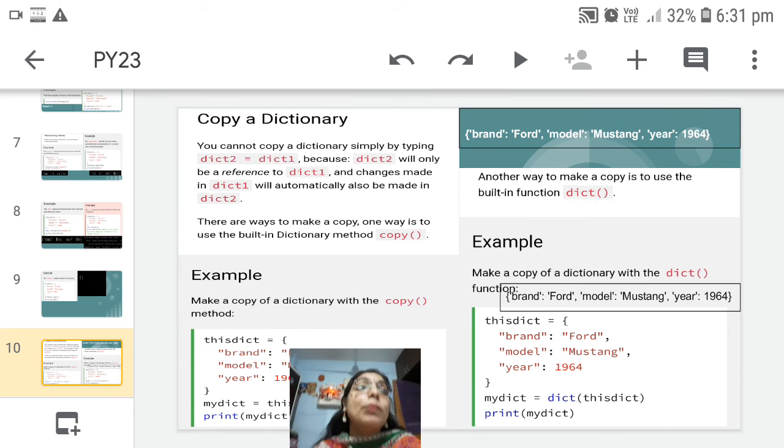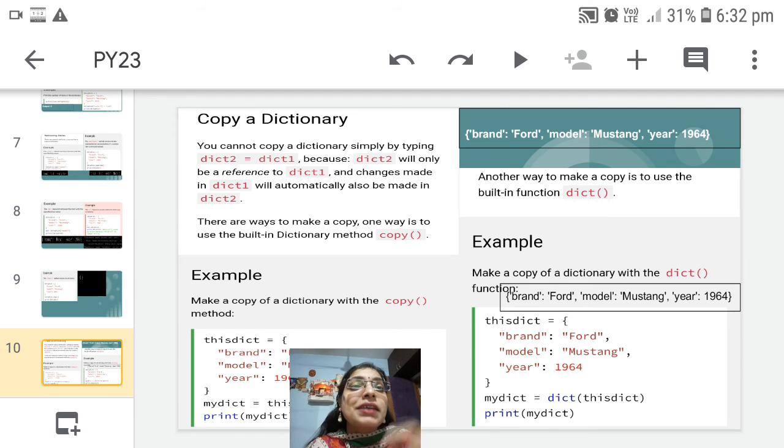Now copy dictionary, that is, if you want to copy one dictionary to another one, just see the first example. We have the first dictionary as this dict, and all the elements or key and value pairs of this dictionary I want inside my dict dictionary which I have newly created.